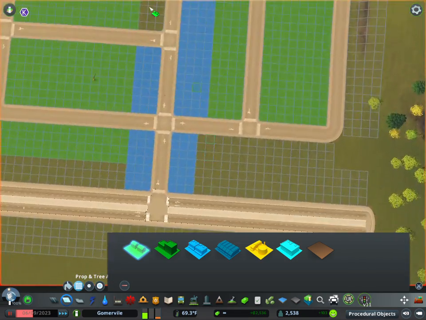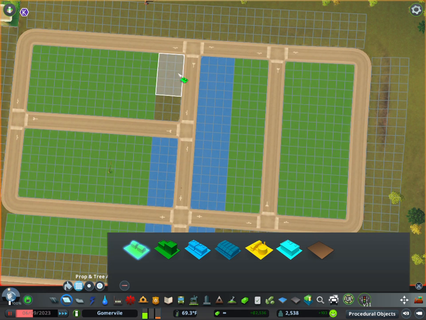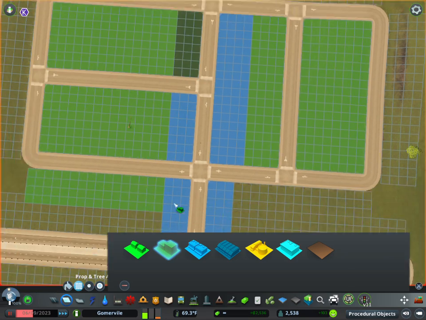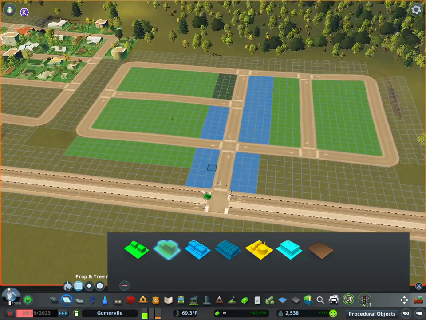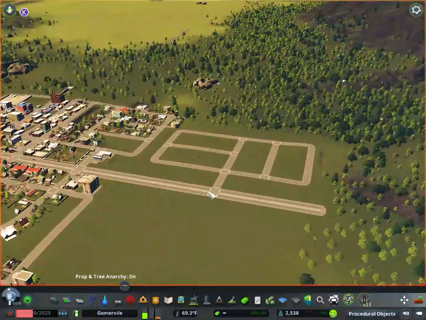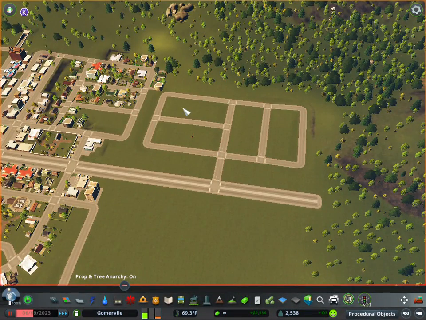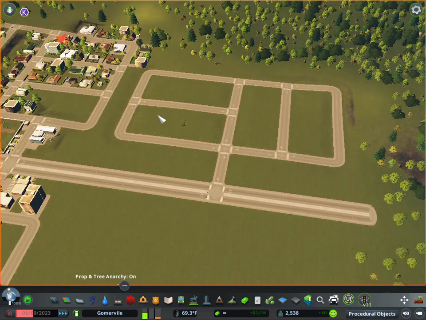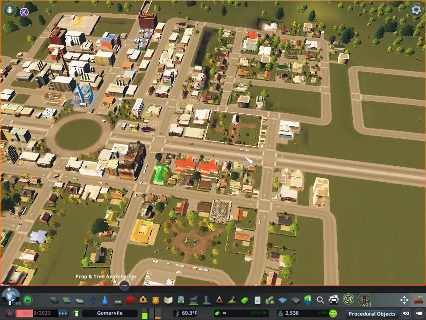And that's not to say that you couldn't zone residential here, because you could. Actually, what I'm going to do here is, if you right click on that, it will dezone it. I'm going to zone some high density there. So you're creating a neighborhood here that would build the houses back in the back with the commercial for them to shop, and then the citizens would then travel to the arterial road and then travel over to the industrial zone using that arterial road